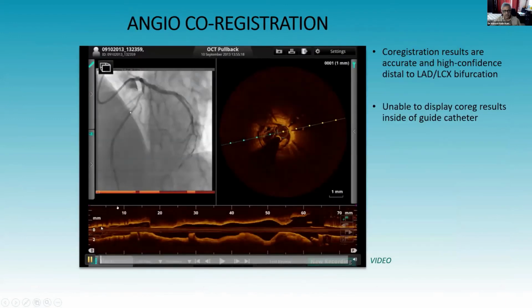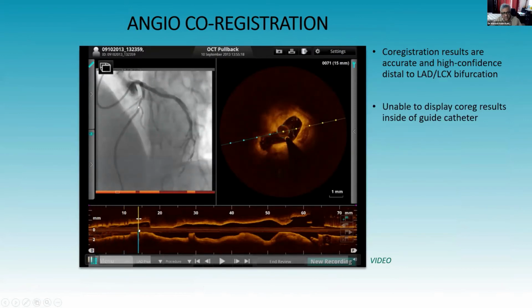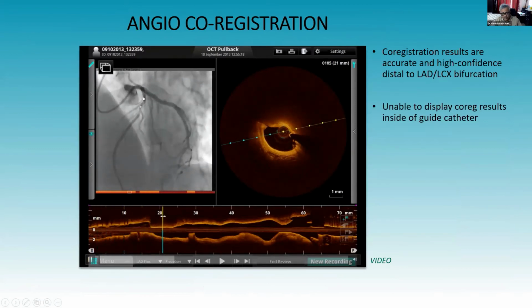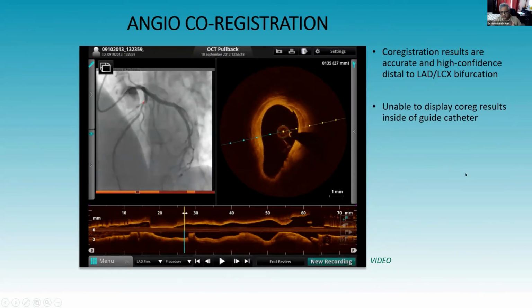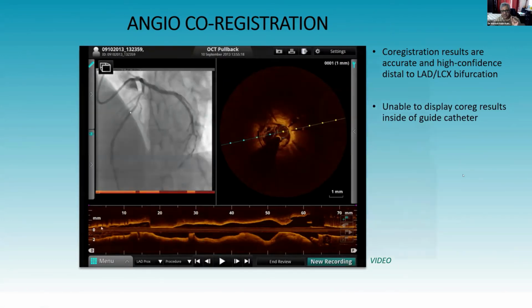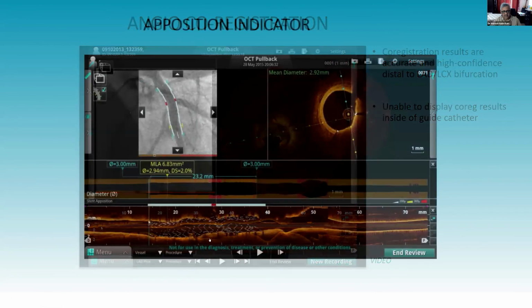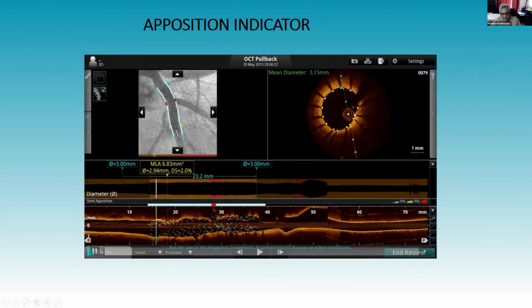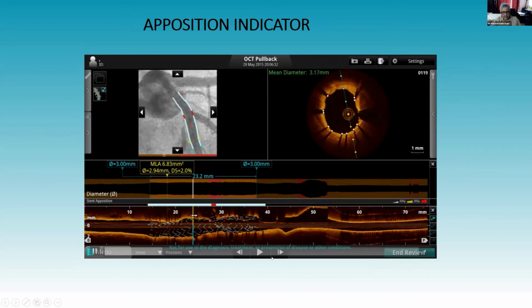The third point I would like to stress is angiocoregistration. For those people who are not aware, this white dot is exactly where the catheter is being pulled back. You can co-register the angiogram with the OCT, and you know exactly what you're dealing with. For example, if you have put in a stent, you can see these red areas